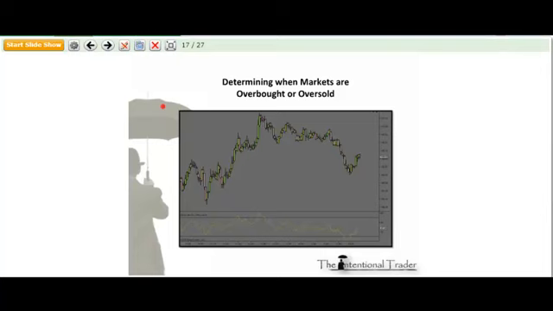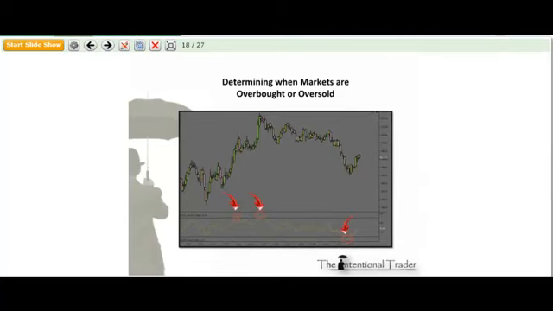A very common indicator is an RSI, or relative strength index, which is this oscillator down here at the bottom of the screen. A lot of people use it for different things. We're going to use it in this example to determine when price is overbought or oversold. Now, we know when price gets overbought or oversold, there's a tendency for traders to want to pull it back out of that condition. Okay? So that's why we would want to know when something is overbought or oversold.